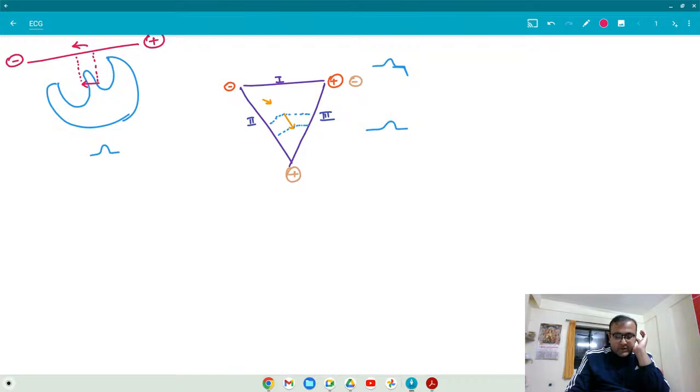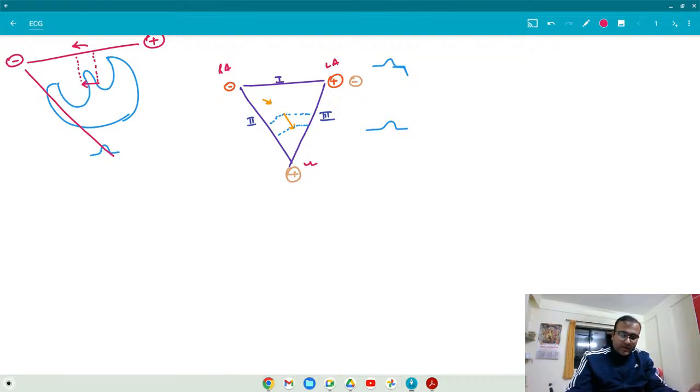Okay, let's put it this way. Lead 2 is from left arm to left leg, or right arm to left leg. This one is the right arm, this is the left arm, and this is the left leg. So it is moving from right arm to left leg. There can be a mirror concept in our video. So right arm to left leg, this should be the idea. So now tell me